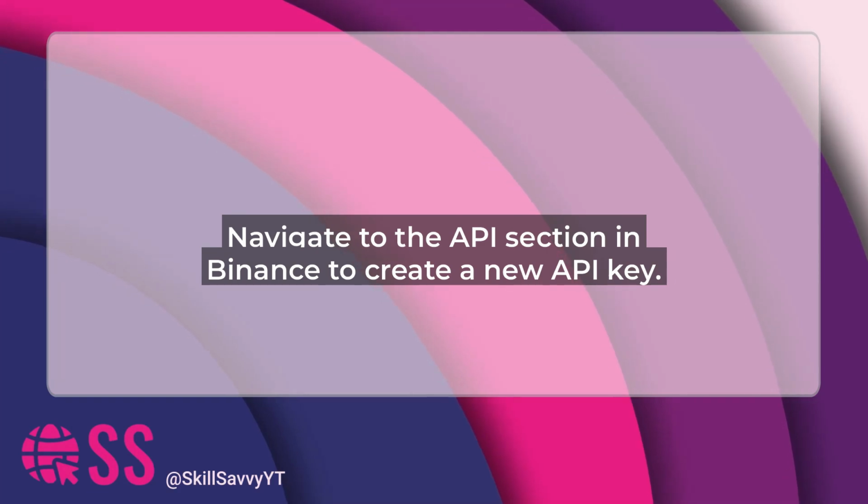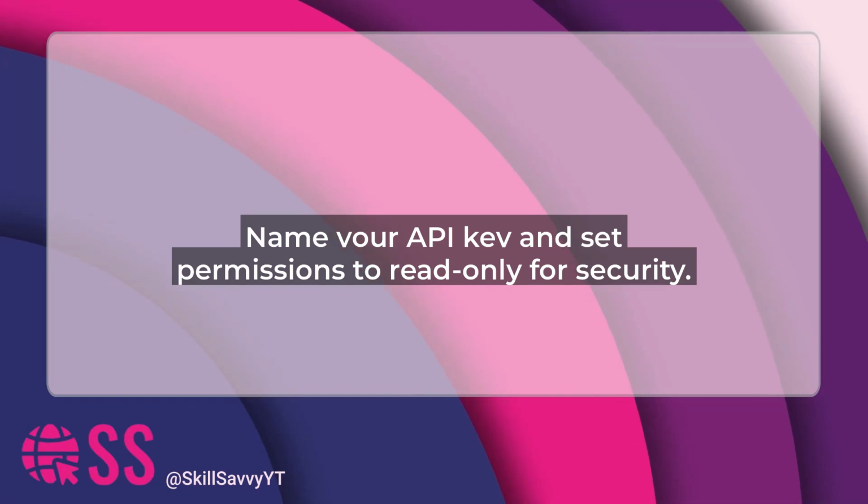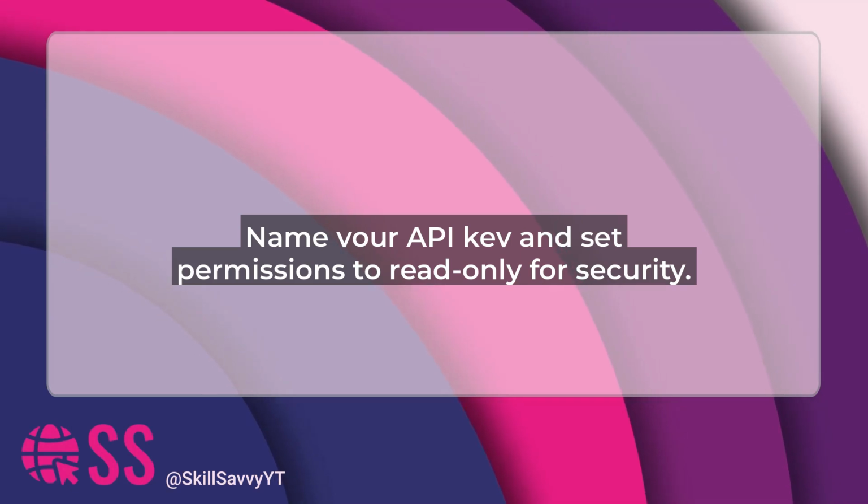Step 1. Start by logging into your Binance account. Make sure you have two-factor authentication enabled for security. Once you're in, head over to the API section, usually found in the Settings or Profile menu. Here, you'll need to create a new API key. Give it a name like CoinMarketCap Integration, and select the necessary permissions, typically read-only access for your portfolio data.